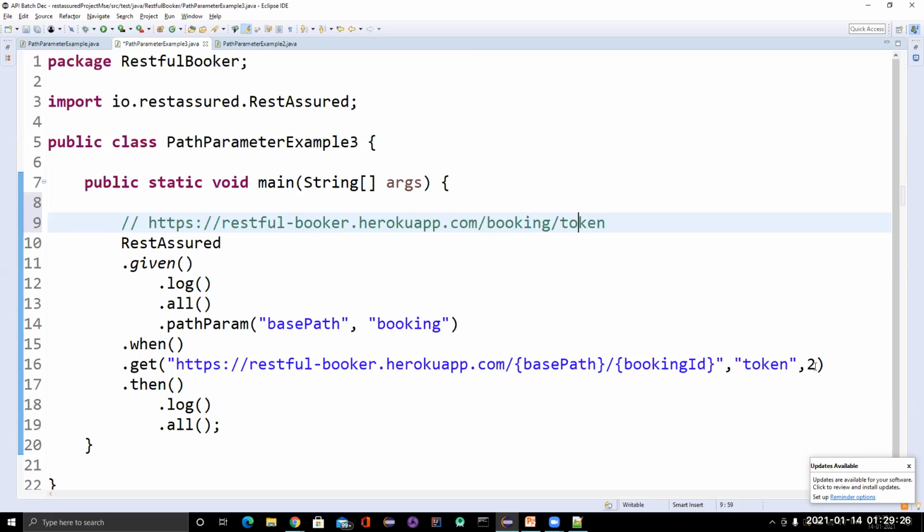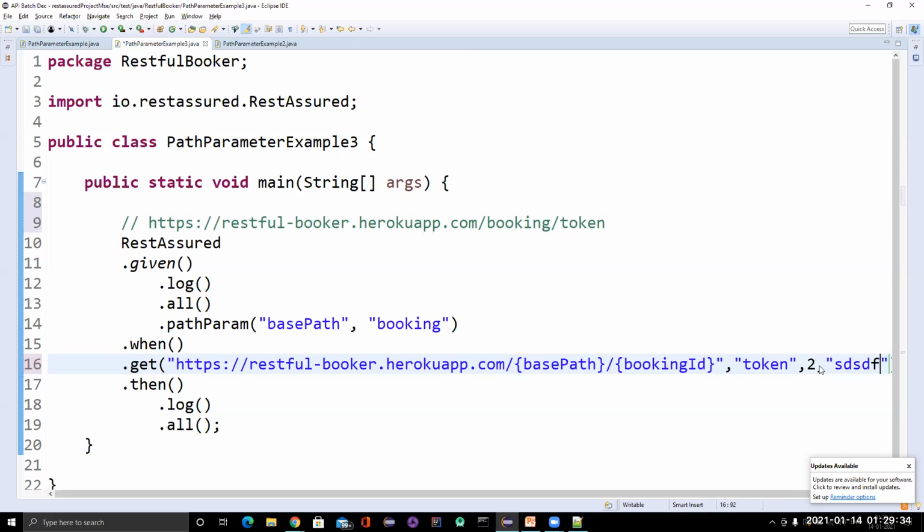But there's one problem with this also. Suppose I pass an extra parameter here, some garbage value again. Again we have only two parameters, but we have a total of four. Let me see what happens. Hopefully it should ignore the second and the last one, right? But let's see, it will not work in this way. If you run it,